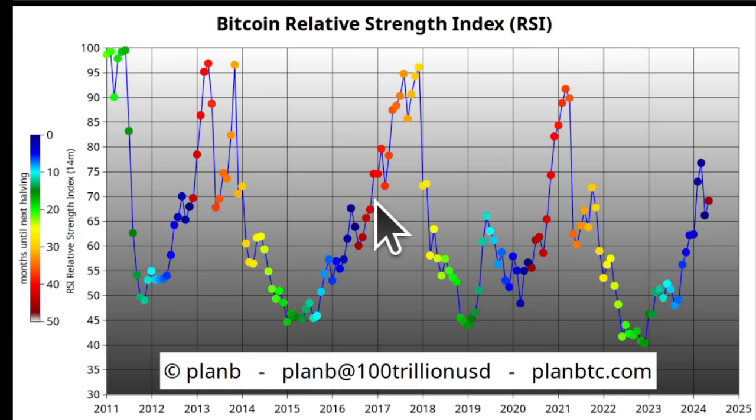We also saw that, by the way, in 2017, that red dot started a little lower at 60, RSI 60. But then it increased, and we spent an entire year above 70 and more than half a year above 80. So only last cycle was, of course, a bit less than expected because of this big mining ban. China